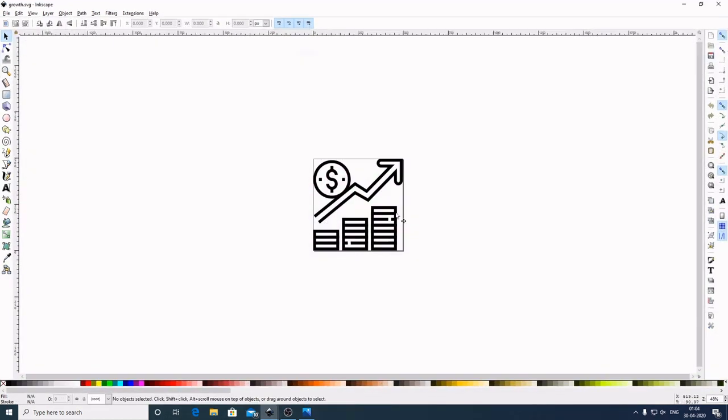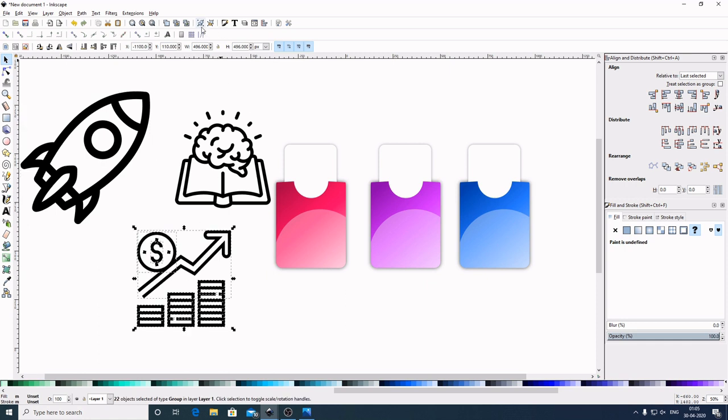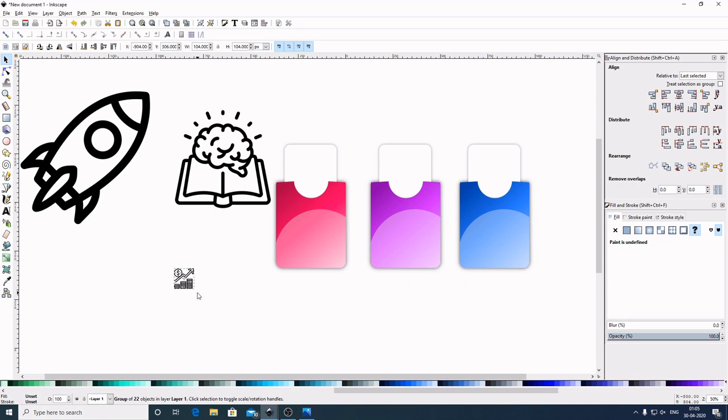Now open up this third one, grab over this whole graphic, Ctrl C to copy. Now come here to our graphic designing, Ctrl V to paste. Group this also. Now by holding Ctrl and Shift on the keyboard, I will drag this inward to make it smaller. This much is better. Now bring this here and place it here. Now by holding Shift on the keyboard, select this white graphic. Now come here to the align and distribute, center on vertical axis.